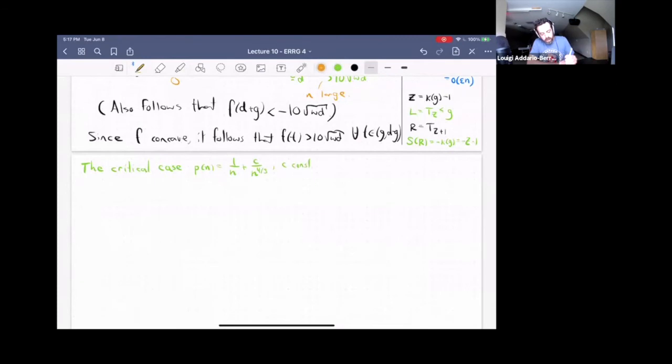Right, so before we get there, let me remind you, we've now seen that for P of the form, so when P minus 1 over n is much less than negative 1 on n to the 4/3, we've seen that the size of the largest component is little o of n to the 2/3 in probability. And when P minus 1 over n is much bigger than 1 on n to the 4/3, we've seen